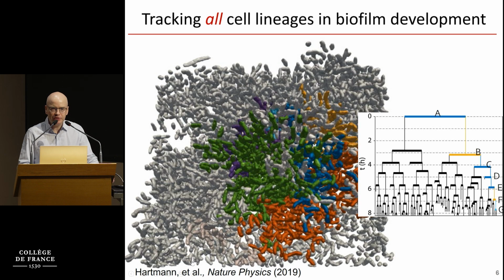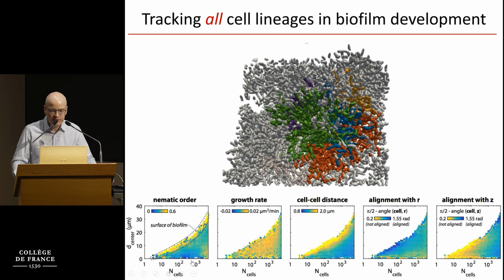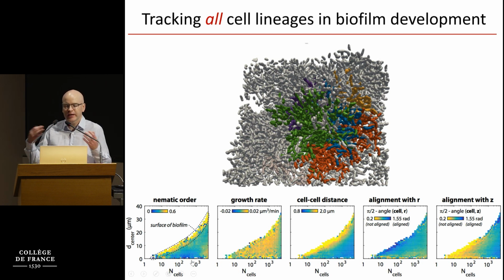So we have the full information, but what I realized very quickly was that these three-dimensional renderings in these time series are not extremely useful for comparing different conditions or different mutants. Because there, in these time series, you would only be able to say if there's a biofilm or no biofilm, if there are extreme differences. But sometimes extreme differences are important, but sometimes you also want to understand if there are smaller differences that are maybe statistically significant. And so to come up with better ways to compare biofilm growth phenotypes,